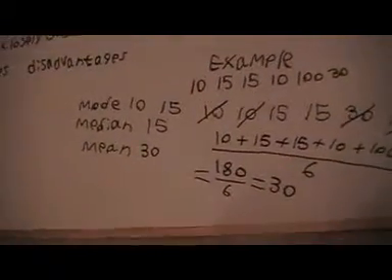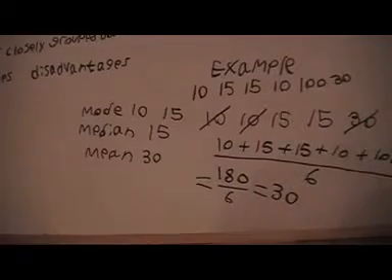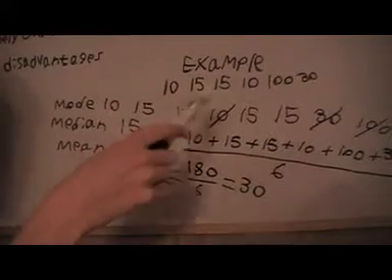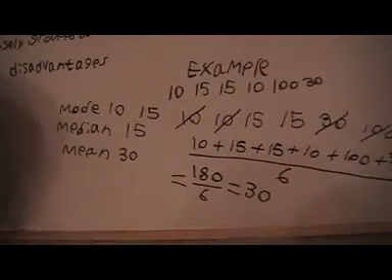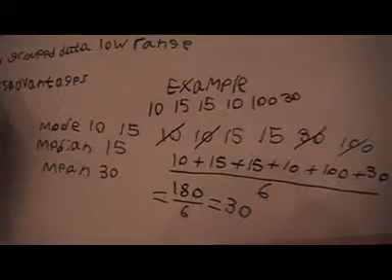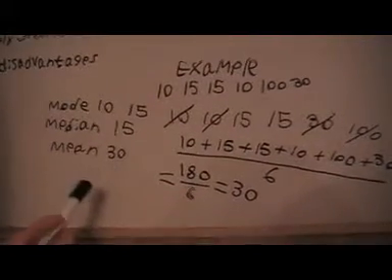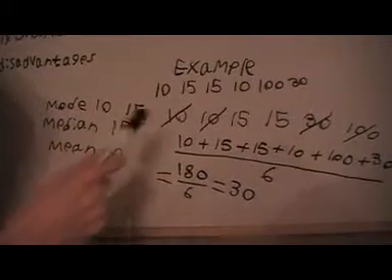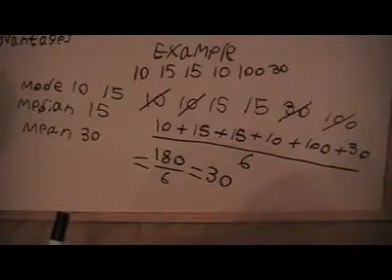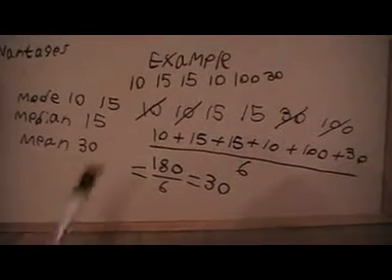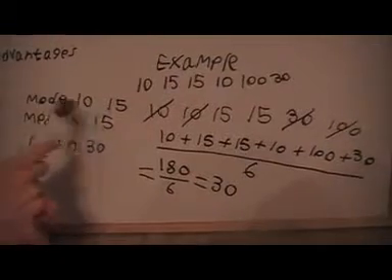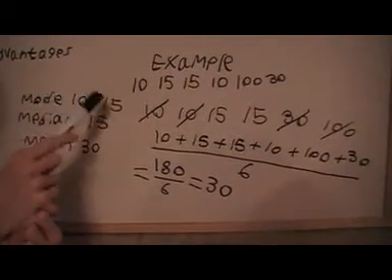So, analysing the results here, we had 2 values for the mode, which were 10 and 15. And notice that this 100 here is an extreme value. So the mean was affected by this extreme value, meaning that if the extreme value wasn't in the data, the mean would have been lower, more consistent with the data. So the mean was affected by an extreme value. We did get more than one mode,